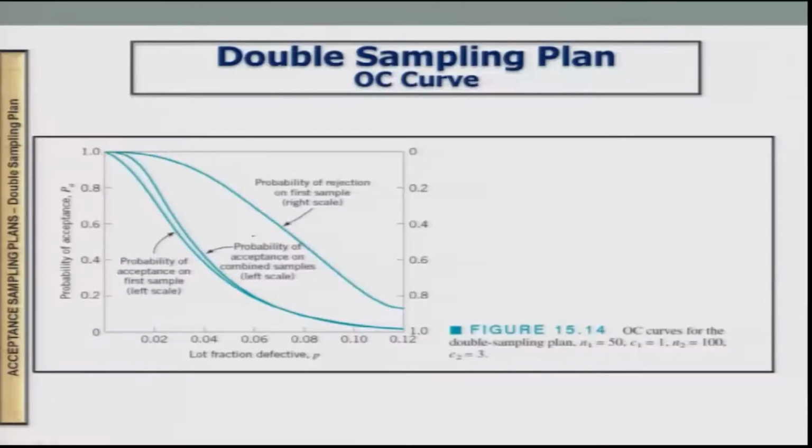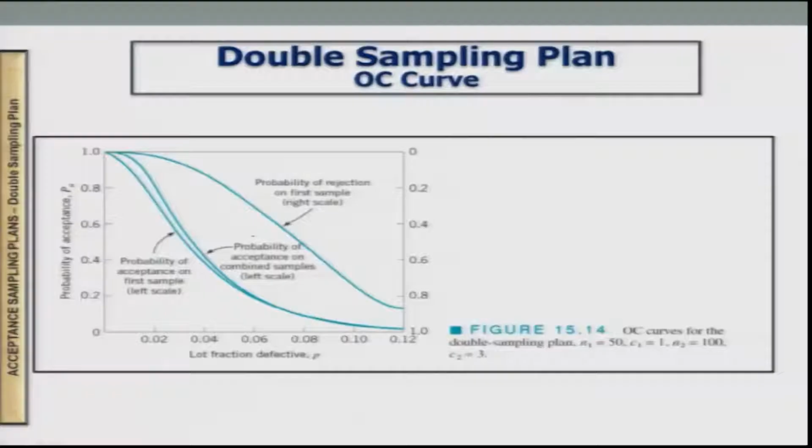So, the double sampling plan operating characteristic curve, the triple sampling OC curves would also be dictated according to the values of capital N, small n1, small n2, C1 and C2 for the case of double sampling. In case of triple sampling, the OC curves would be dictated by small n1, small n2, small n3, capital N. Then the other values which will dictate how the OC curves look, shape and size, would basically be